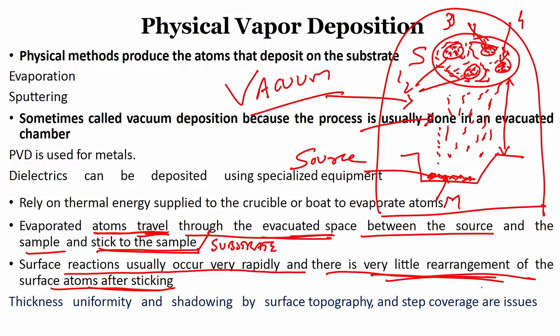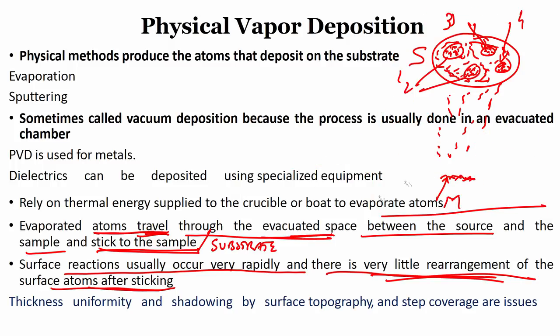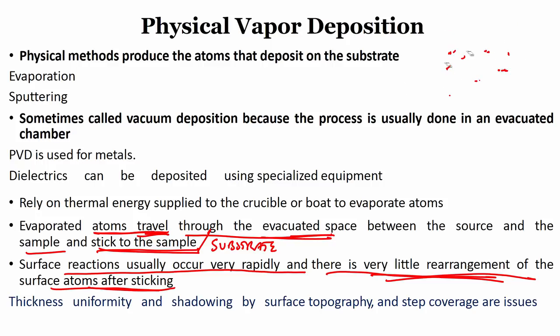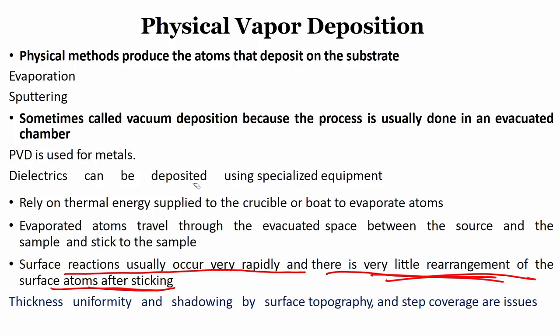Why is rearrangement of atoms required? Because if you want to deposit a polycrystalline film, then the rearrangement of atoms is extremely important. But in the case of PVD, most of the time what you find is that the film is not polycrystalline. Now there are ways of making it polycrystalline, but right now we are not interested. What we are interested in is to understand PVD,